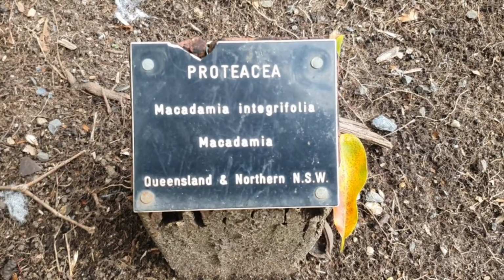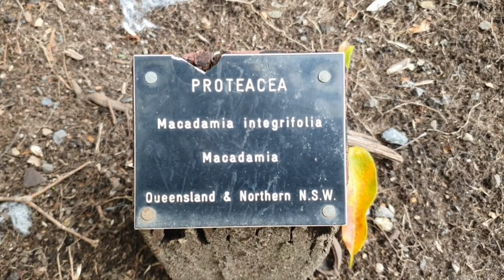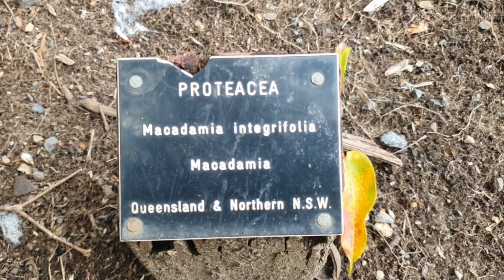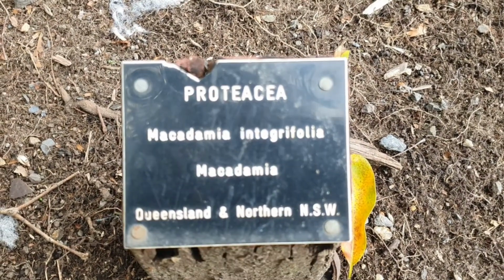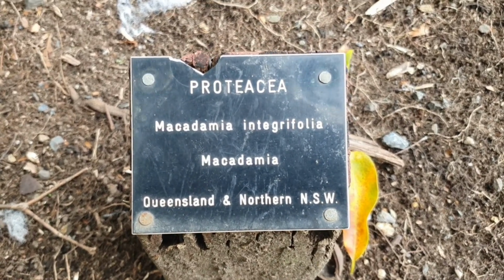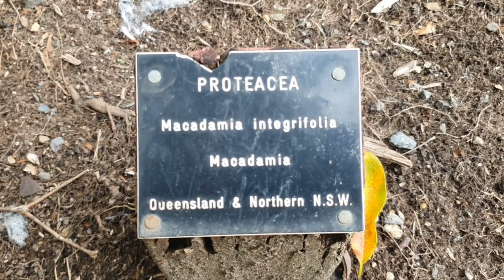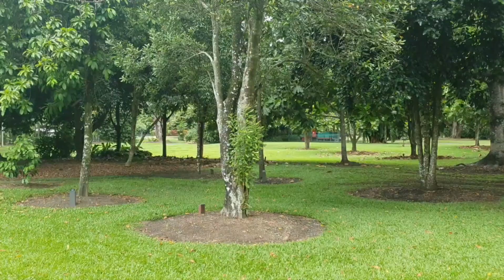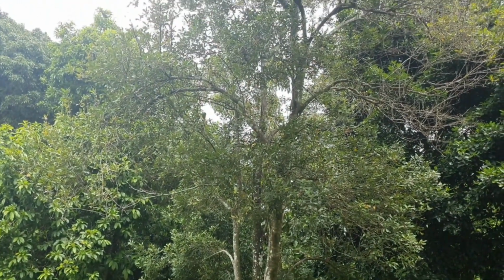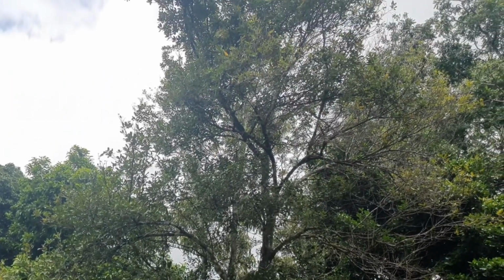Another one of the favored Hawaiian nut trees that probably originated in Hawaii. I'm not sure, but maybe it originated in Australia. I'm sure that Jim Richardson probably knows those interesting facts, like Banana Daddy does. Queensland and northern New South Wales. Check out this macadamia nut tree. Ours is 10 years old in Melbourne, or 10 or 11, and it's like,